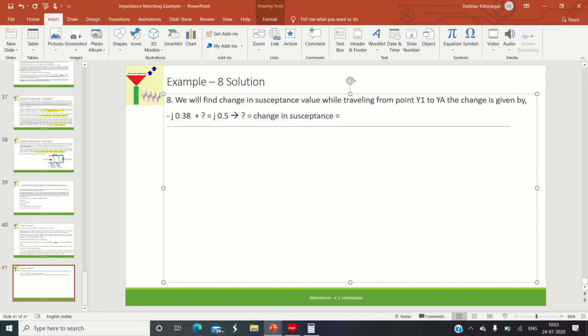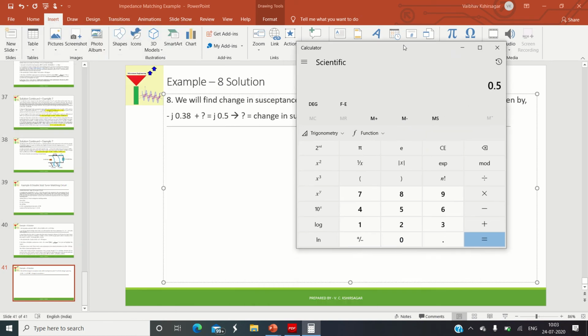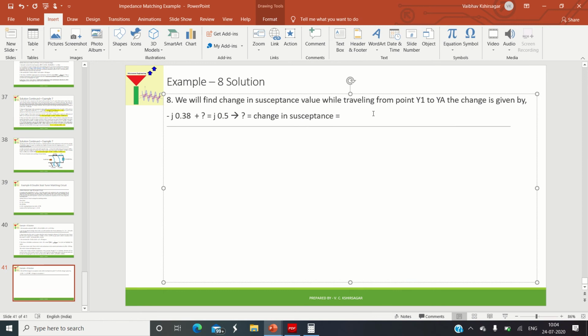So 0.5, when 0.38 goes to the right hand side, it will get added with 0.5. So it will simply be the addition: 0.5 plus 0.38. So what will the susceptance become now? The susceptance will become positive 0.88, j 0.88. So what we do now is plot this change in susceptance on the Smith chart